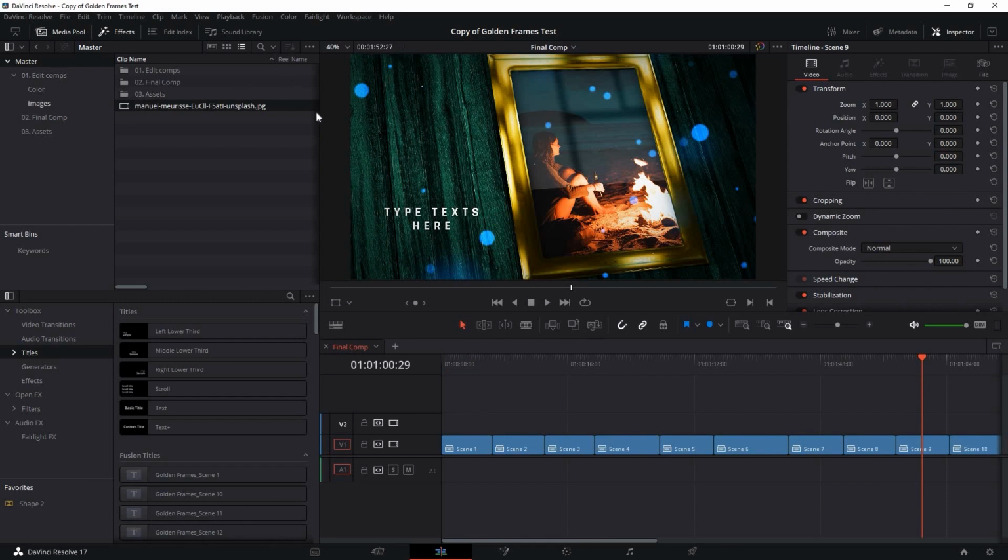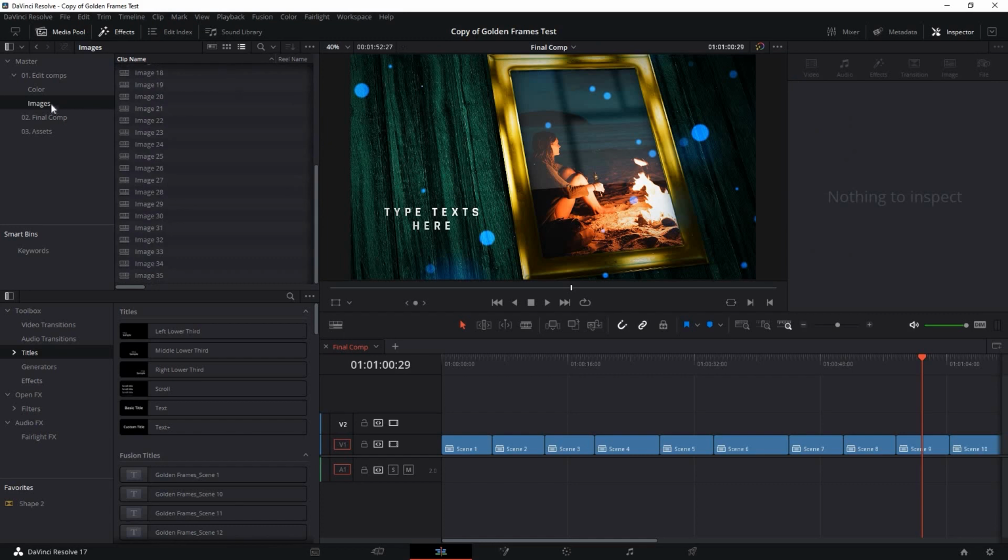So in the same step, you can open up all of these images and replace with your image, and from these scene compositions you can change the text and colors. So that's basically it for this